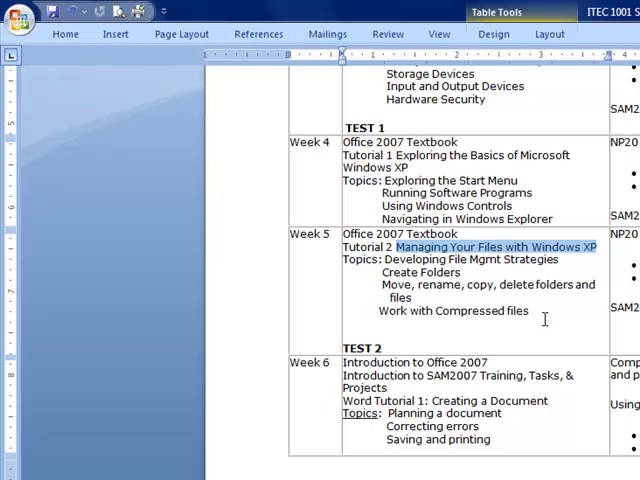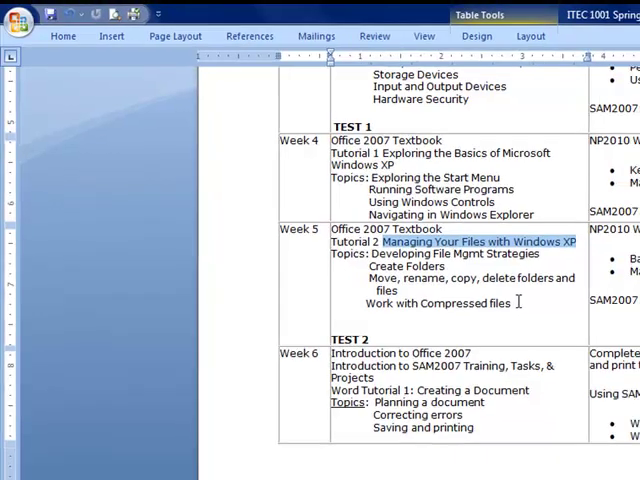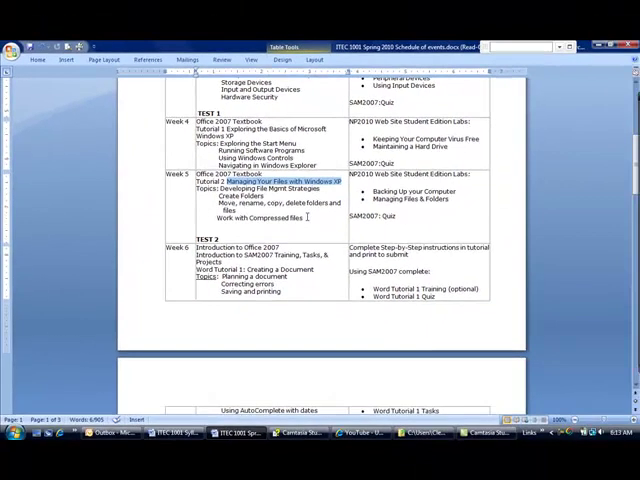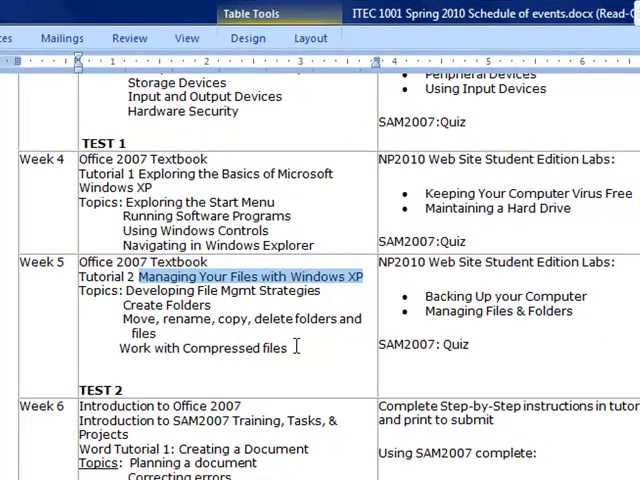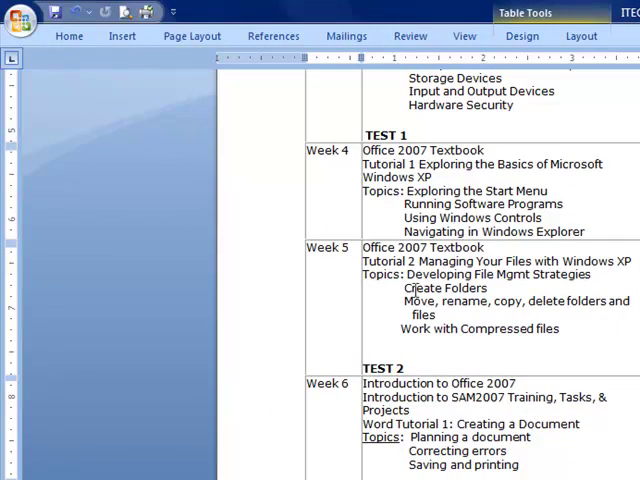So you want to spend quite a bit of time in Tutorial 2, managing your files with Windows XP, making sure that your students understand how to create folders, how to move, rename, copy, delete files, how to work with compressed files, how to collapse and expand their folder hierarchy. The assignments from the NP 2010 website that the students must complete are backing up your computer and managing files and folders, and there's a quiz in SAM 2007 that covers the material in